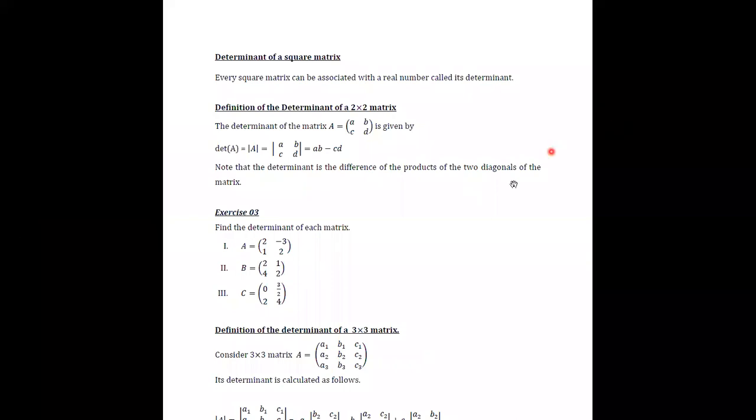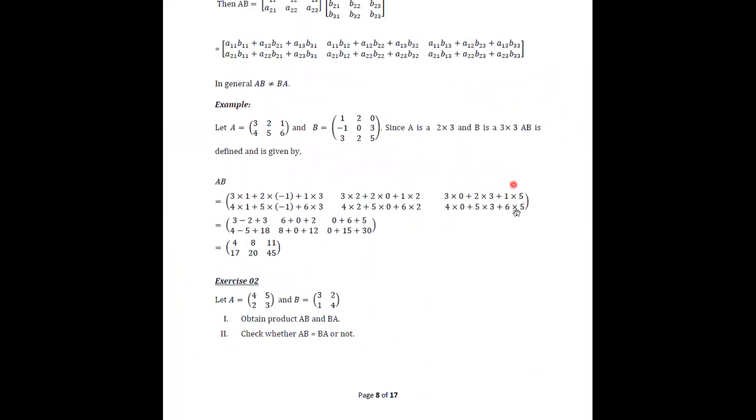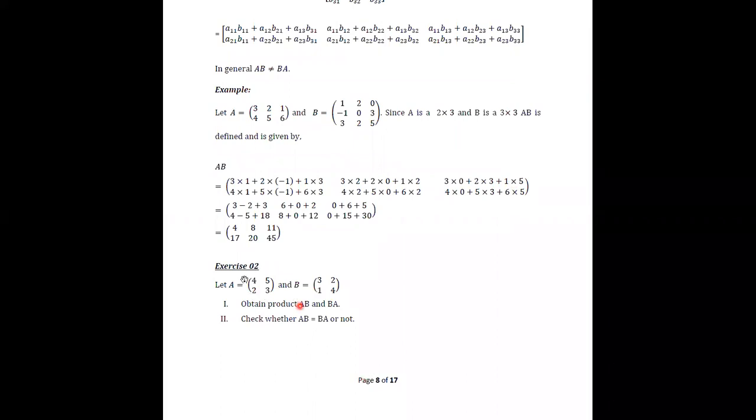Now there is another example, an exercise given. You can try this by yourself. Here first you have to identify whether the matrices are conformable for the matrix products AB and BA. Then if it is possible, you have to obtain the matrix products AB and BA. And in the second part of this exercise, you have to check whether the resultant matrices are equal or not. I hope that this can be done by yourselves, as practice on matrix multiplication.